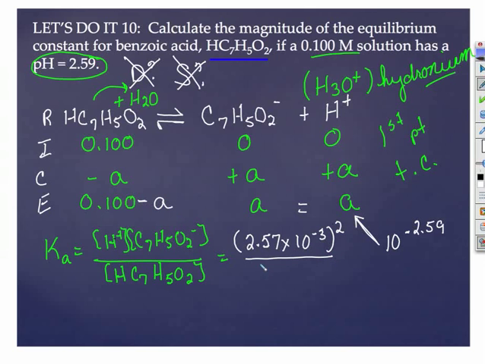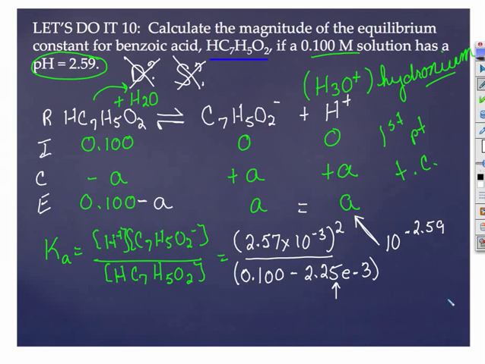Now remember, this is minus A. I got a little sloppy there, but the Ka we don't know yet, but we know A, so there's no reason to neglect it. So this is going to be 0.100 minus 2.57 times 10 to the minus 3. Don't neglect it if you know it. The only reason we would neglect this value here is if it was an unknown, and it simplifies our math. But there's no reason to neglect it here because it doesn't hurt our math at all. And so if we calculate this, which I realized here I had not finished this calculation, we have 2.57 times 10 to the minus 3 squared divided by 0.1 minus that 2.57